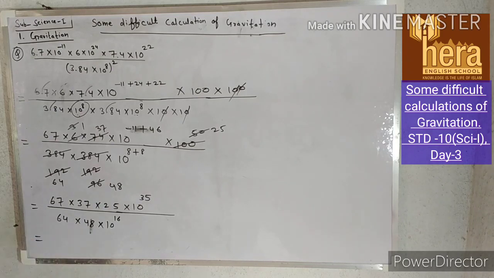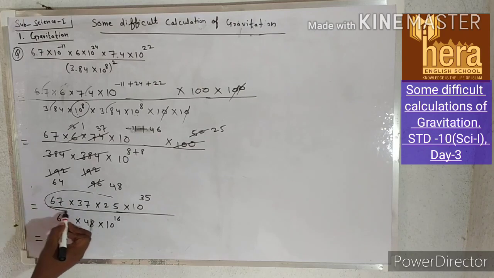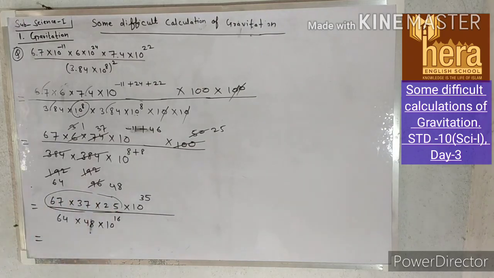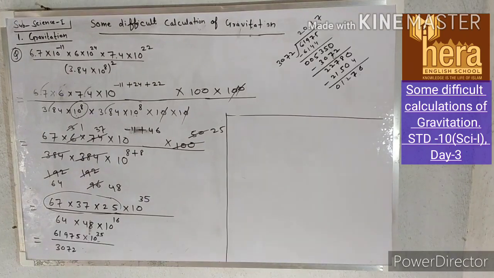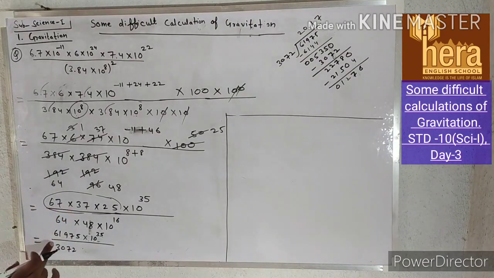Now you have to multiply this number. So this will be equal to 61975 after multiplication, upon, if you multiply 64 into 48 you will get 3072 into 10 raised to